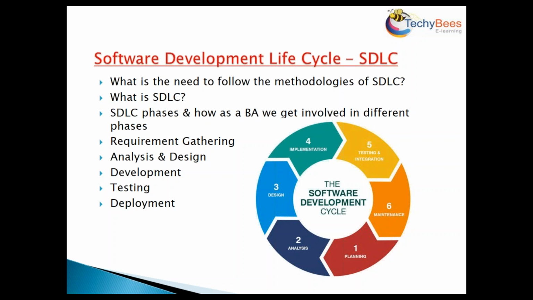So once you have a first or two discussions, two sessions with your stakeholder or the stakeholder point of contact, then your project manager will come into the picture. He will also be involved in the system planning. You will decide on what is the total budget available. How do you form a team? The project manager is mainly responsible for project estimation and forming a team. As a business analyst, you will be working with your project manager.